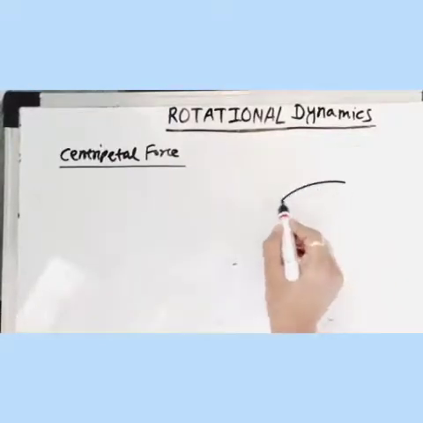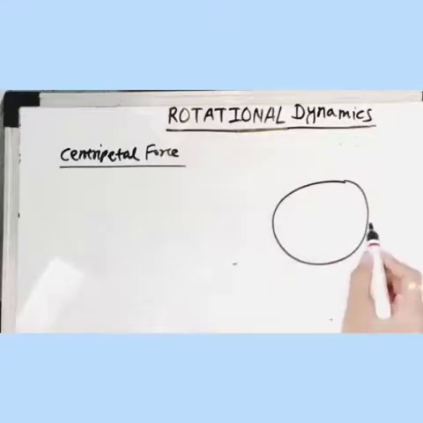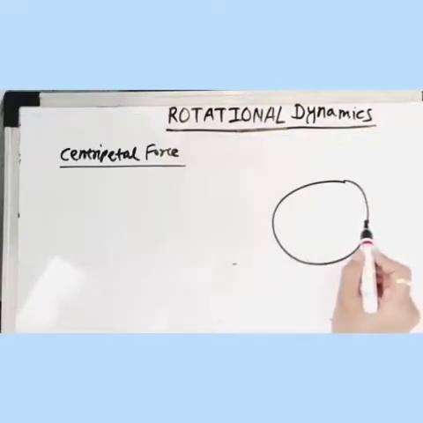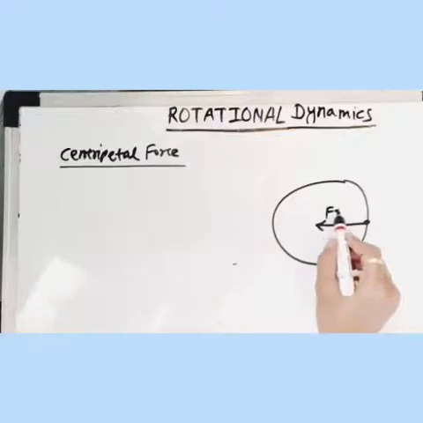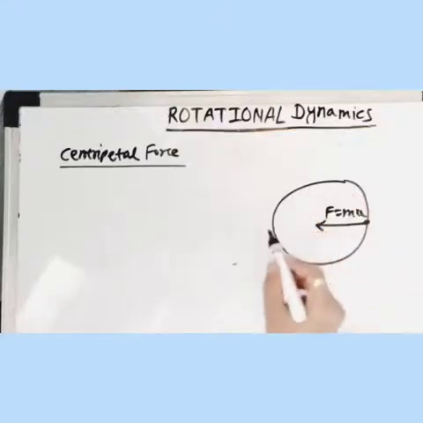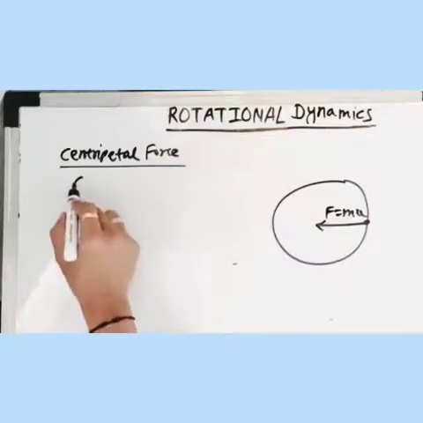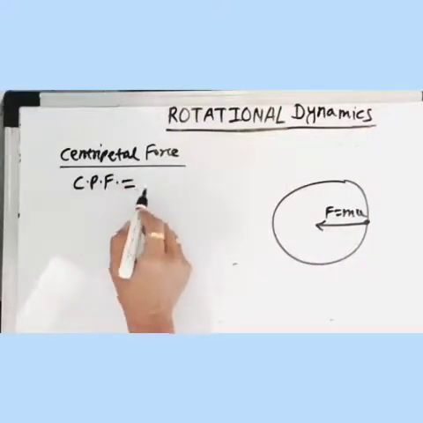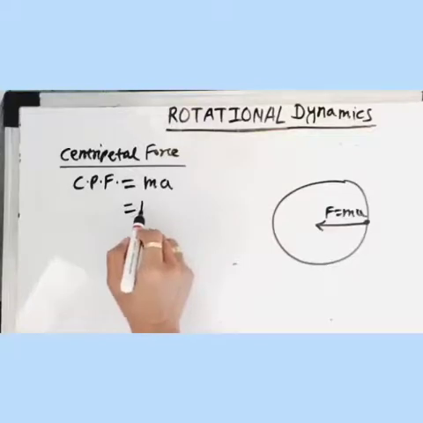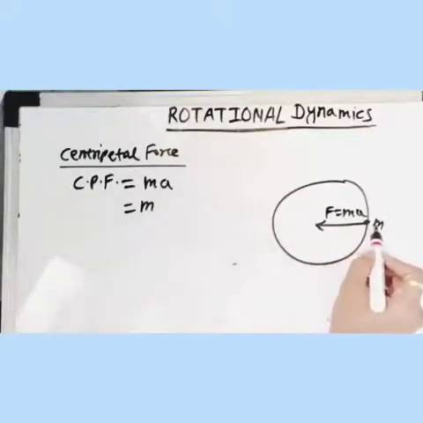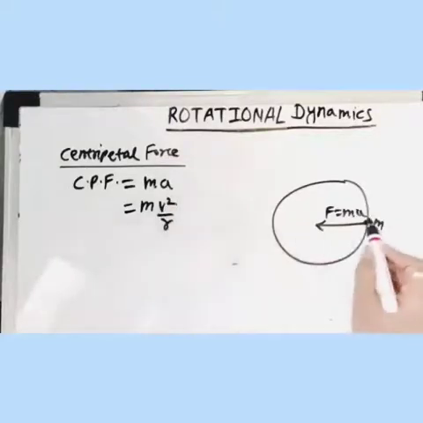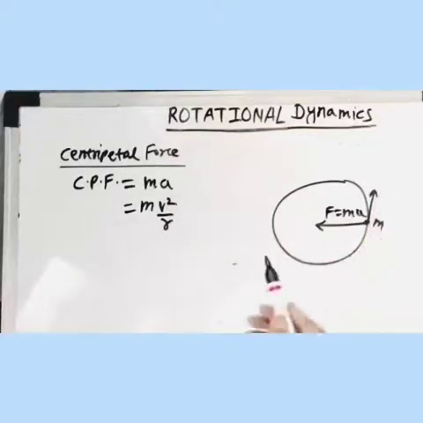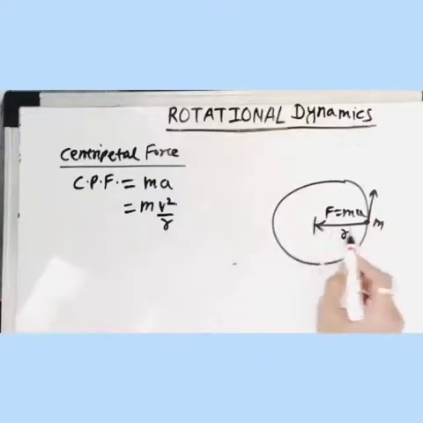It means, imagine this is a particle performing circular motion, and if the particle is present over here, the centripetal force which is experienced by this particle is along the radius towards the center of the circle, and this centripetal force F is nothing but ma. But in circular motion there is a radial acceleration, so this centripetal force is equal to ma, where m is the mass of the particle, and a, the acceleration, is nothing but v square upon r, where v is the linear speed or the tangential speed of the particle and r is the radius of this circular path.